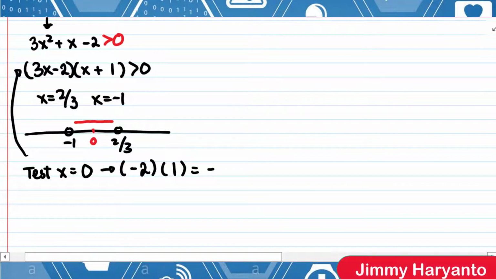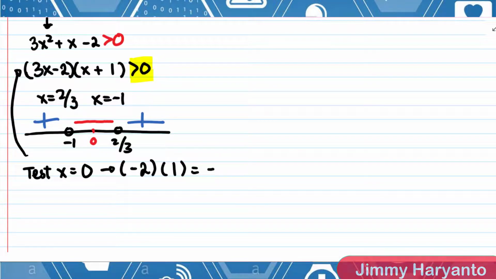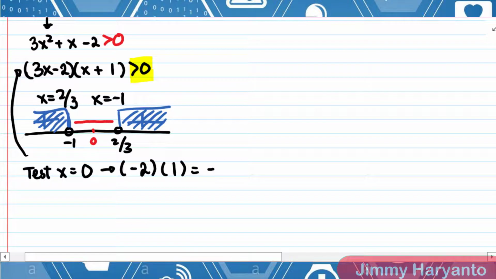So when the negative sign moves to the other parts of the number line, it will become positive, and this one is also positive. The question wants you to find the part greater than 0, which means you have to shade this one. Okay, this is the answer for the increasing. So the function will increase